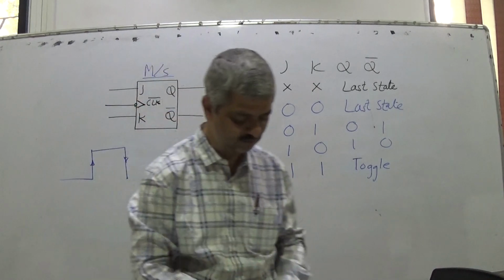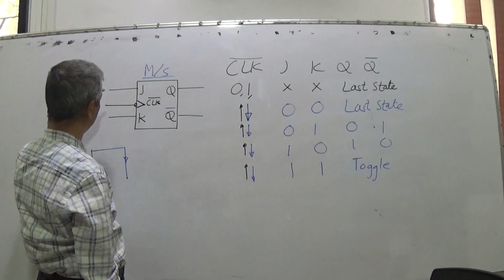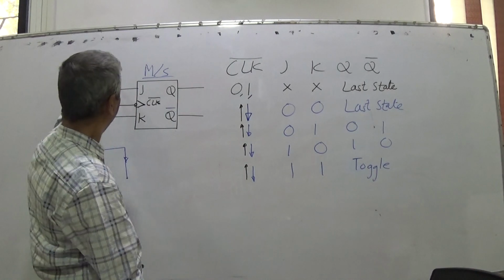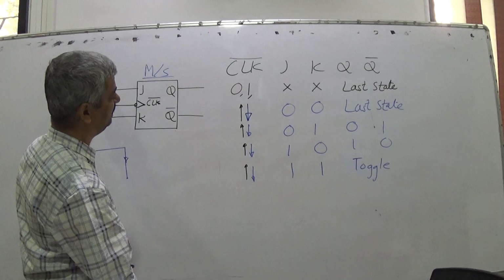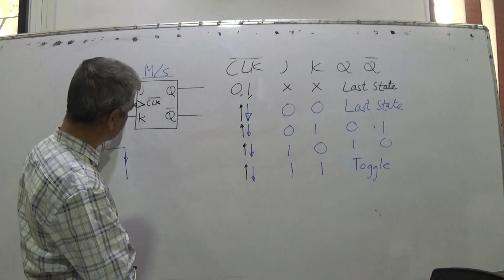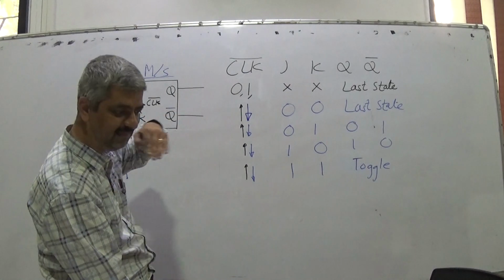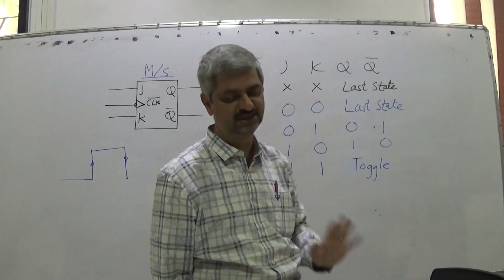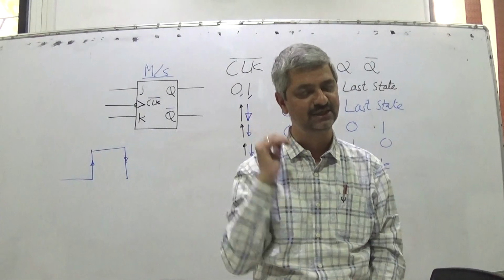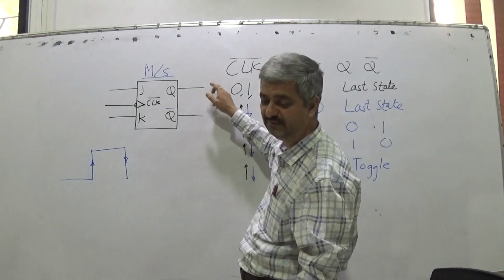Now it is a small revision. I think everybody must understand: J and K are input pins. Clock is also an input pin. If the clock remains constantly 0 or 1, then even if J and K change, the outputs don't change. Outputs are either 0, 1 or 1, 0. For a master slave JK flip-flop, outputs can never be 0, 0. So outputs continue to hold the state in which they were.